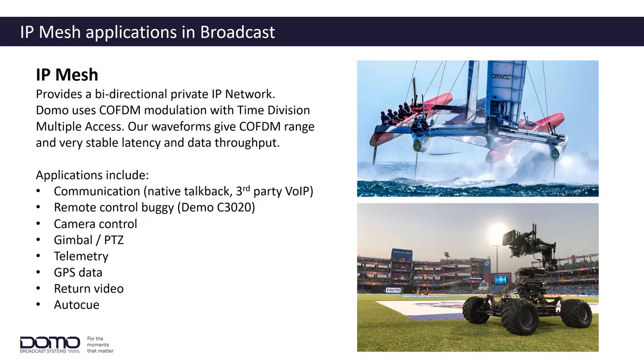Okay, so our IP mesh system provides a bi-directional private IP network. Domo uses COFDM, like wireless cameras. So we use that modulation with time division multiple access. And our waveforms give COFDM range, the sort of range that you would get from a wireless camera system, but very stable latency and data throughput. Some of the functions that you can put onto this network